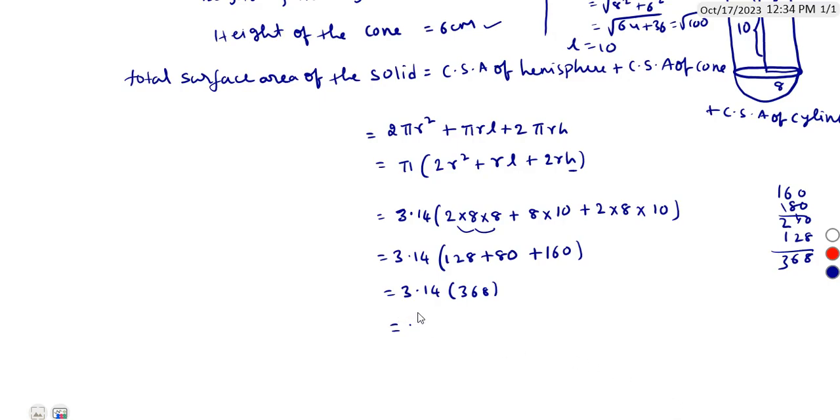So 3.14 into 368 is what? 1155.52 centimeter square. So by using 3.14 means we are getting this answer. Suppose we are using 22 by 7 in place of pi, we are getting